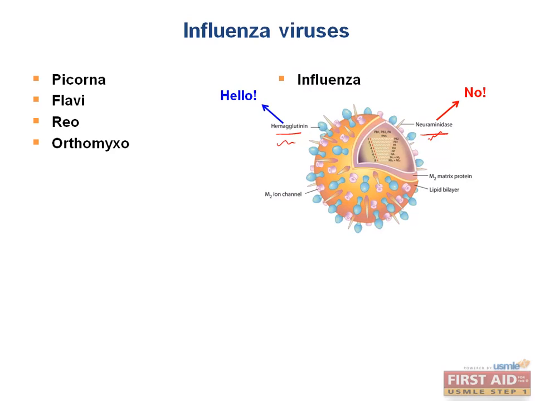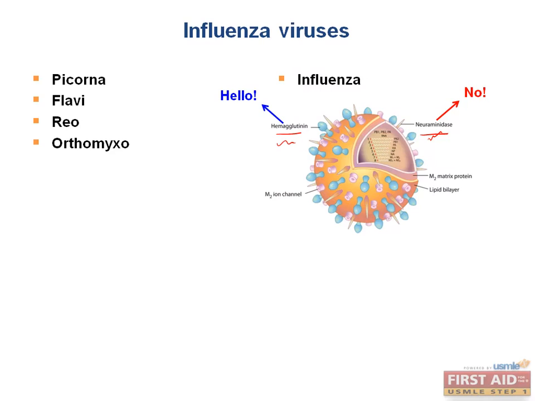The way that I like to remember this is that hemagglutinin helps into the cell, so it is saying, hello. On the other hand, neuraminidase helps the virus to leave. The cell is kicking out the virus, saying, no, you can't stay over. Yes, I know, this is quite lame, but it'll help you remember this. Hemagglutinin for hello, and neuraminidase for no. It even rhymes. Also, remember the neuraminidase because it is the target of antivirals such as oseltamivir, also known as